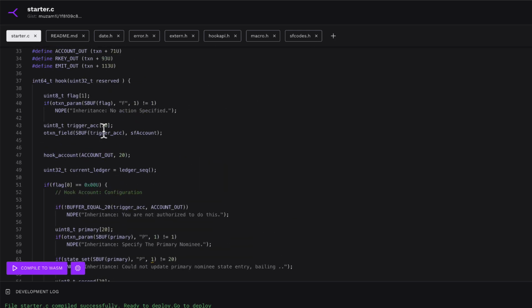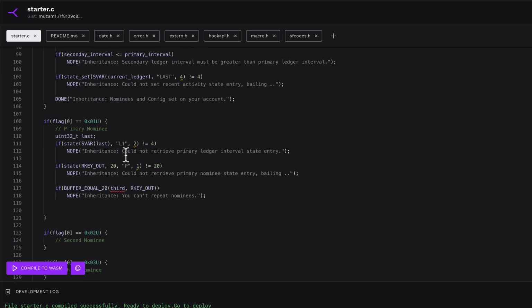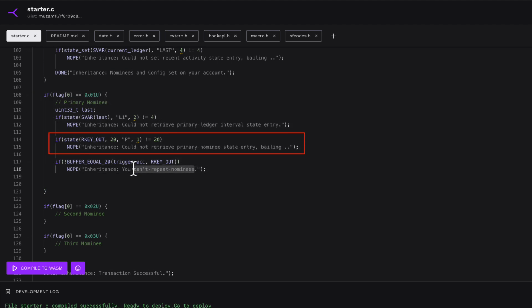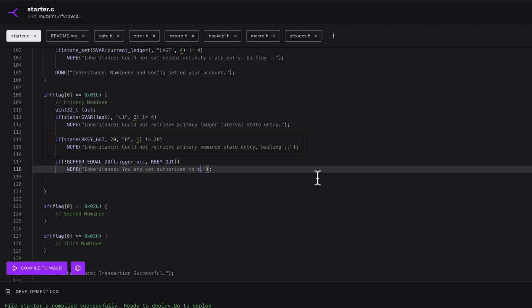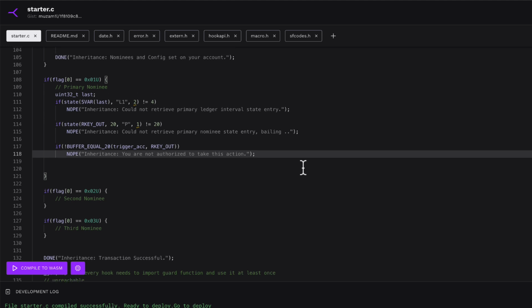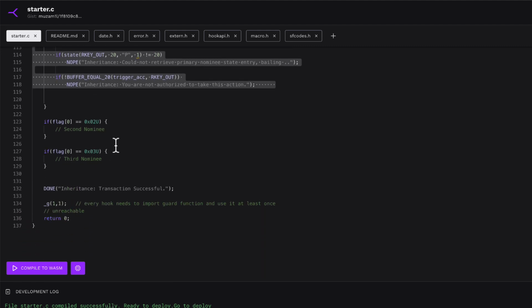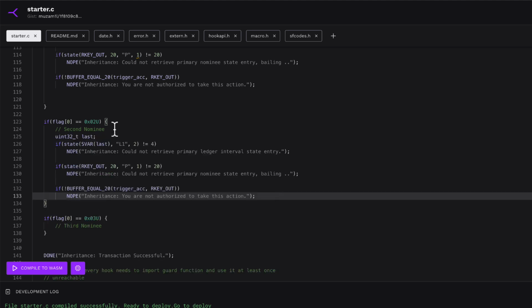So buffer equal 20 always checks the first 20 bytes. So you need not specify the number of bytes for the macros. This does the job. If it's equal, then we already have the nominee details in R key out. We should perform the same checks for all the nominees. So let me copy it over. Yeah, this section. I think we need everything here. Yeah. For the second nominee,